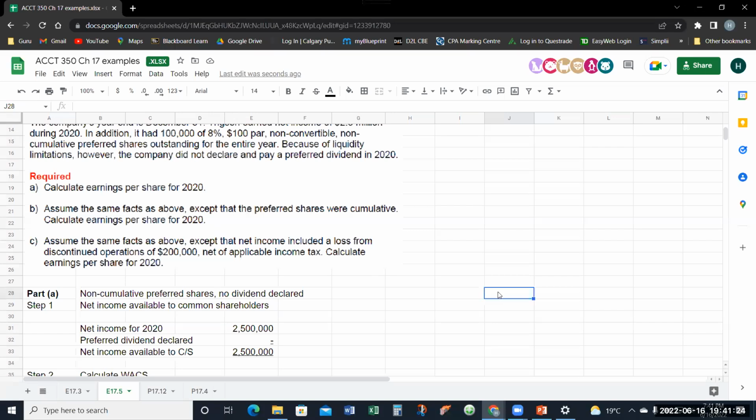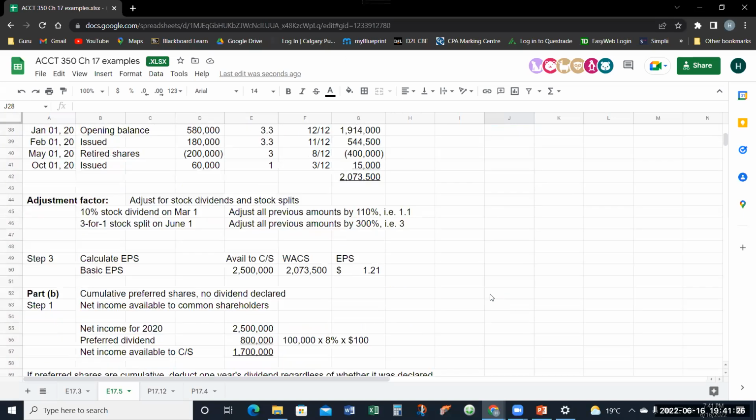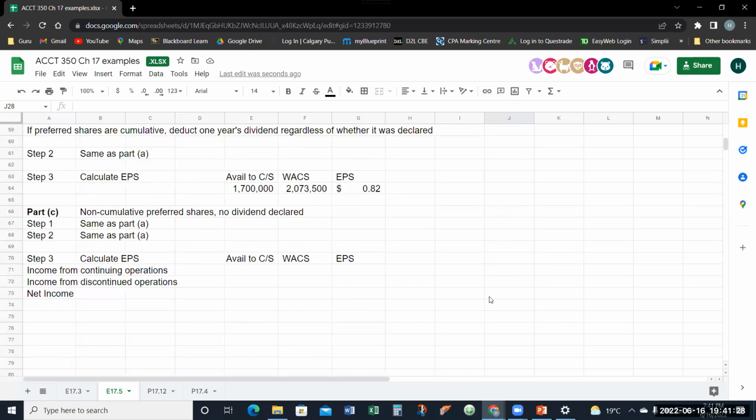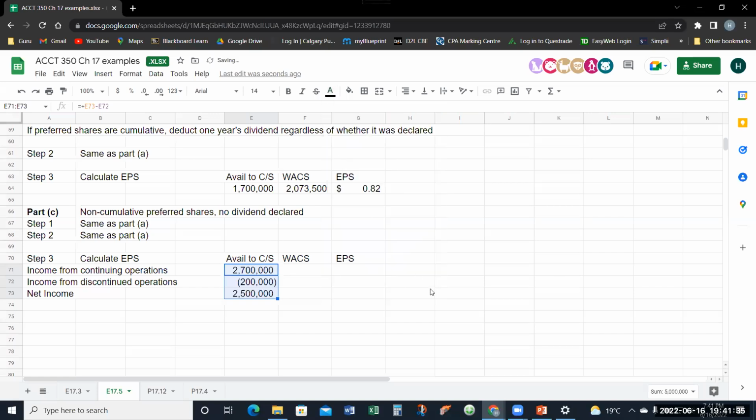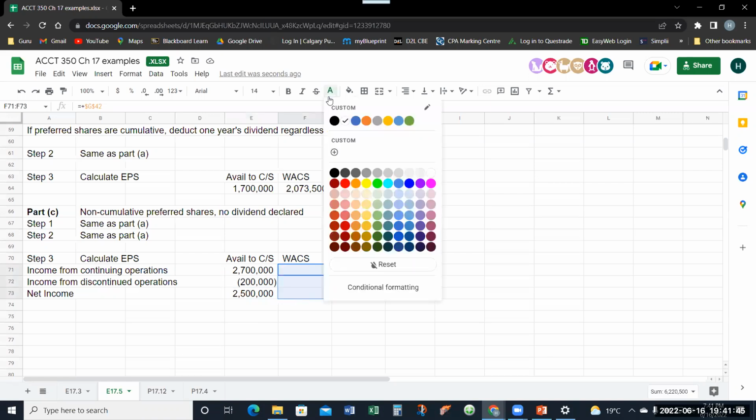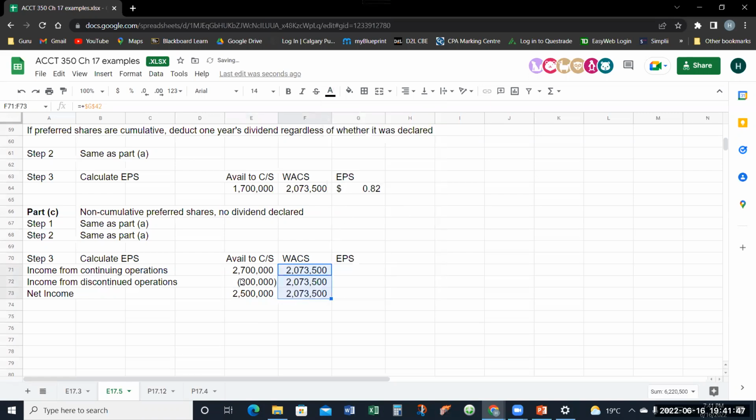The number of shares outstanding will be just the same, but because if a company has discontinued operations, you need to report three amounts for EPS: the income from continuing operations, the income from discontinued operations, and the net income. Weighted average common shares is the same as earlier. Divide the dollars by the weighted average and you get EPS amounts: